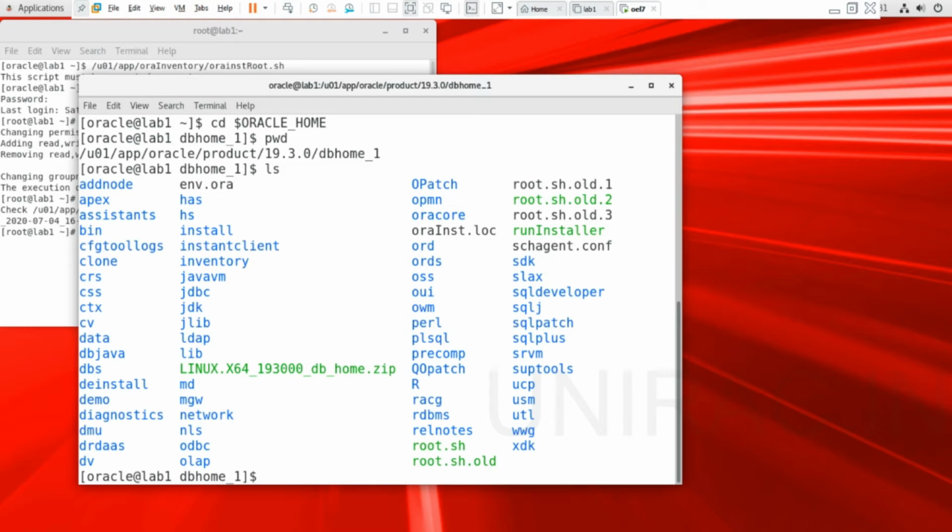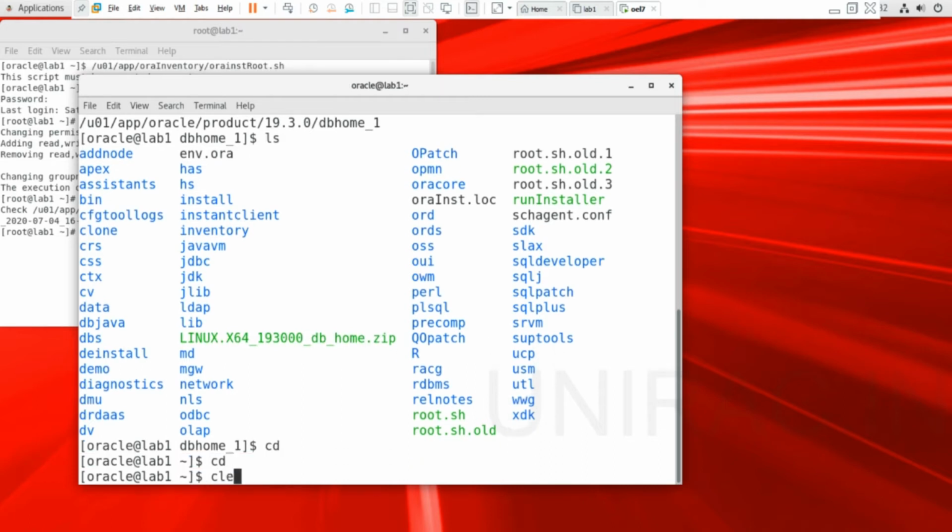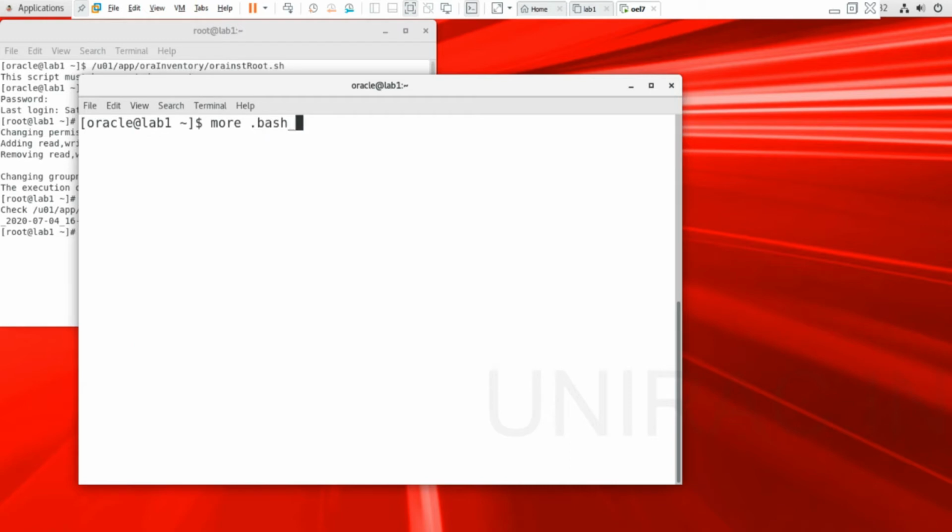Using the install software only option, we chose and installed in the silent method, and we have a zip file over here which was unzipped and installed in this location. We can verify the bash profile as well as the hidden .bash_profile with the dot prefix.